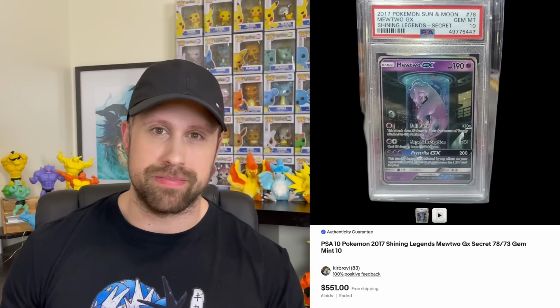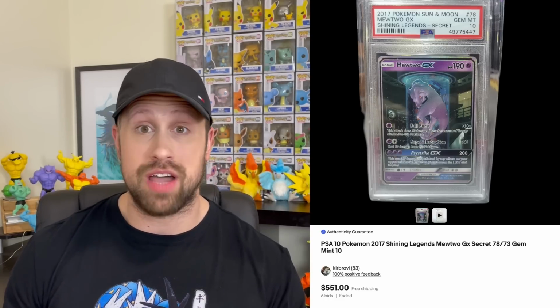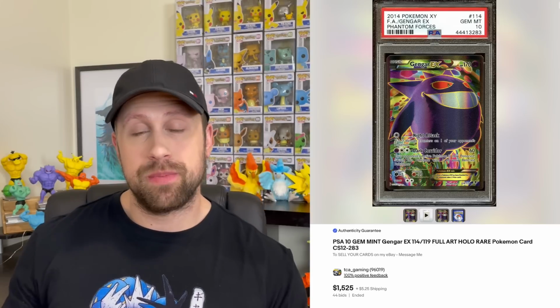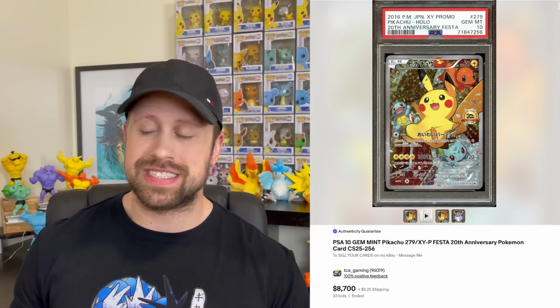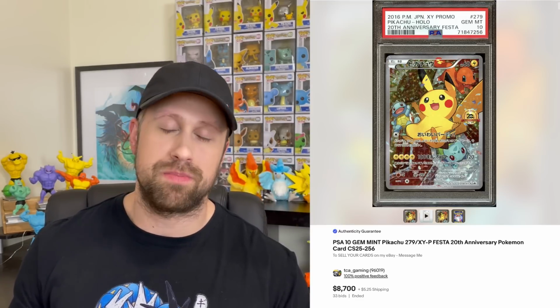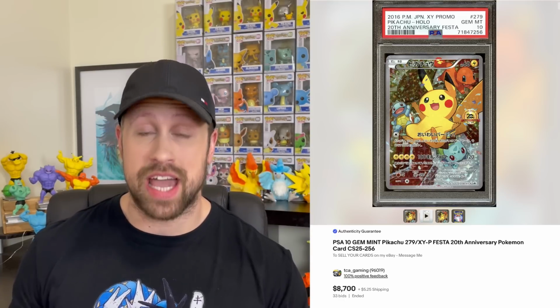We have this awesome Mewtwo GX from Shining Fates that sold as a Gem Mint 10 for $551. Up next, we saw a Full Art Gengar EX from Phantom Forces in PSA 10 that sold for $1,525 big ones. And then here is an insane XY promo. It is a Full Art 20th Anniversary Festa Pikachu card in PSA 10 that sold for an absolutely staggering amount